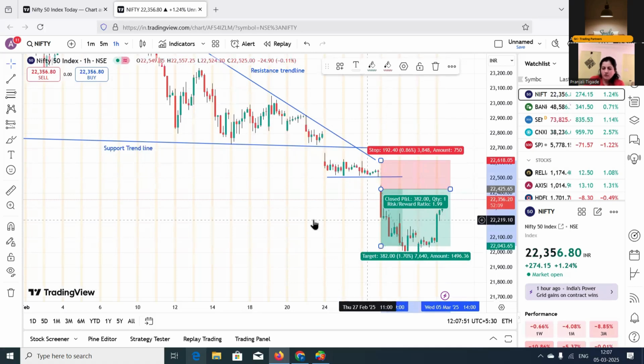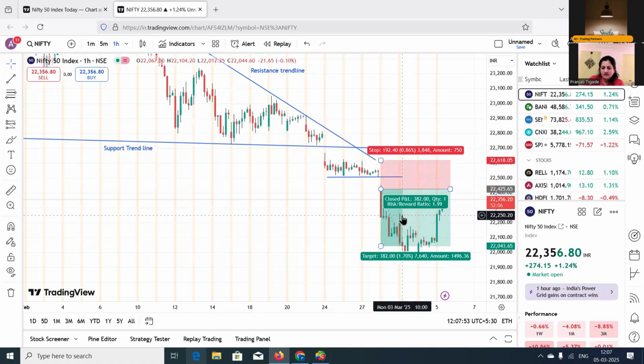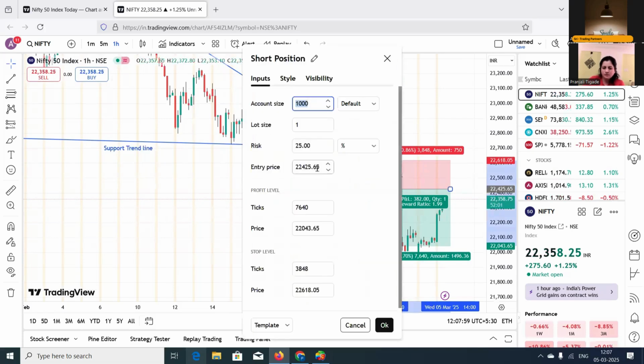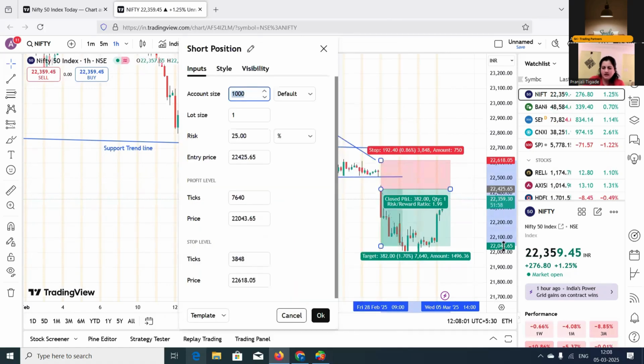And if you want to put exact values, then you can double click on this tool, and from here you can mention the values. For example, I entered at 22,425. So I'll enter the exact entry price over here, 22,425.